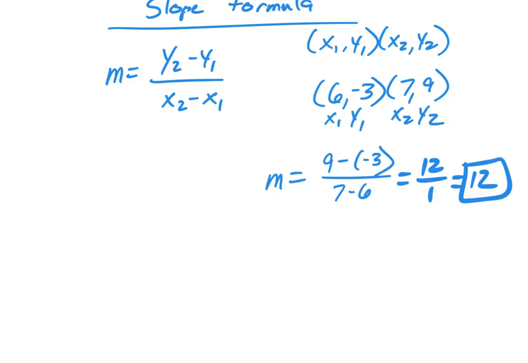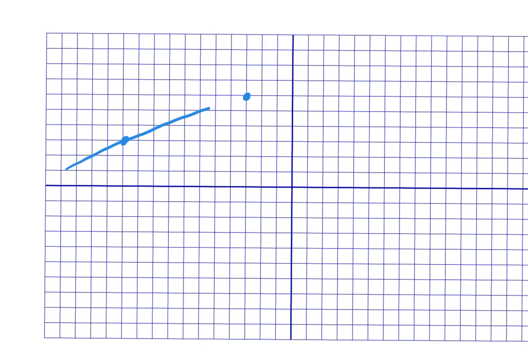And so that's the next thing that we're going to talk about. What if we have a graph provided? I'm going to go ahead and put a piece of graph paper up here. Okay, there's a couple of different kinds of slope, and we're going to talk about those here. First of all, if I was to give you a graph and we wanted to find the slope of this, then what we do